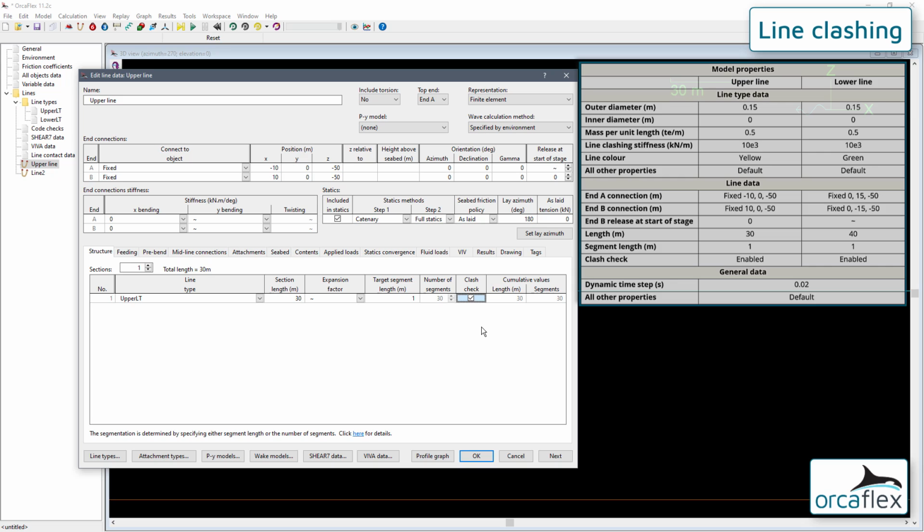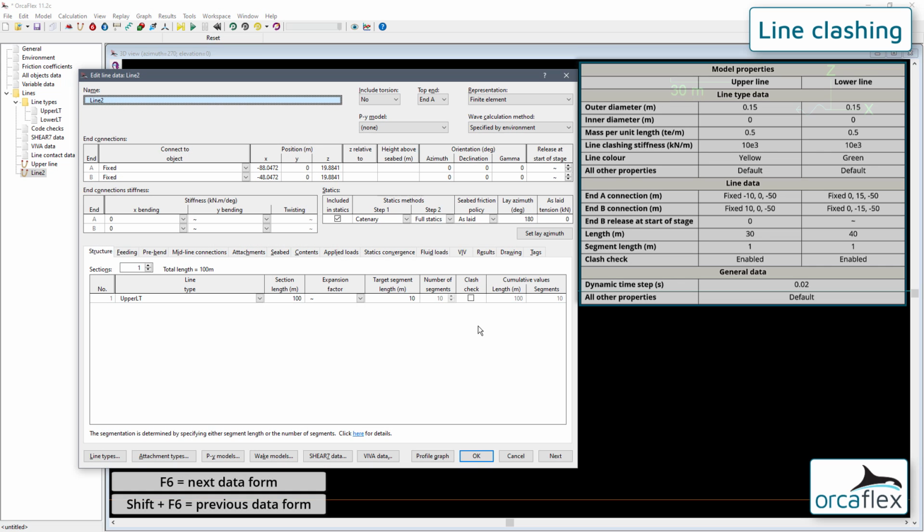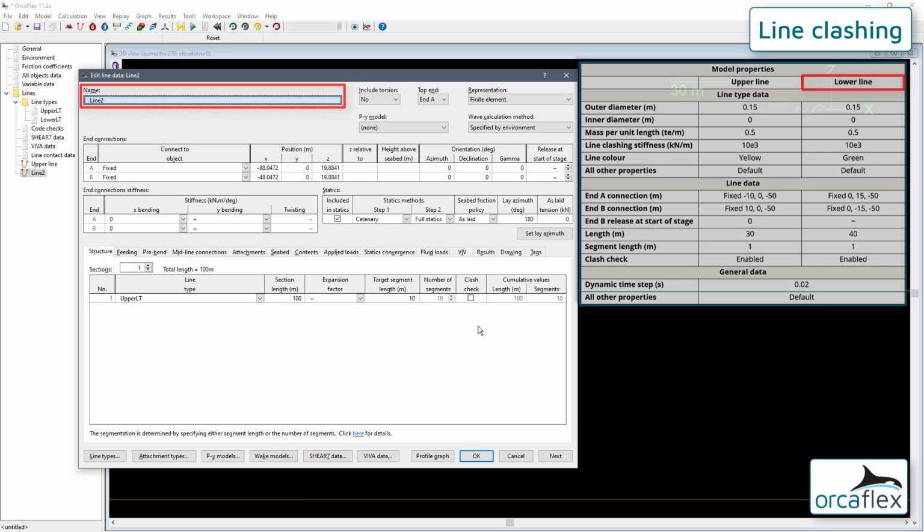In order to set the next line, I can move straight to that data form by clicking on Next at the bottom right, or by pressing the F6 shortcut. Again, I'll change the name, this time to lower line, and I'll input the data on the form.